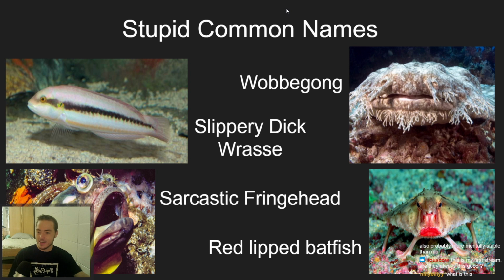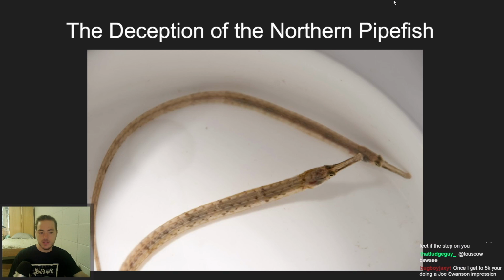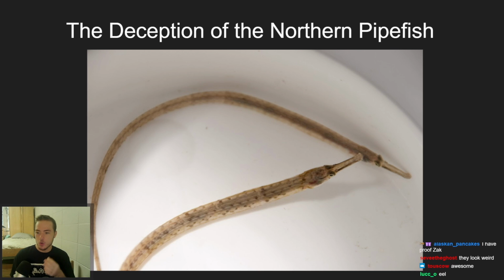The last thing, and I think the thing that you guys will find the most interesting about using common names rather than scientific names, is you can't tell what family some fish belong to. This is a fish that I caught. This is not a photo of the one that I caught, but I caught it off the coast of New Jersey just on Friday. It's called a northern pipefish. They're a cool, elongated fish with armor. And you might think, wow, that's cool. That's a northern pipefish. Just because you hear northern pipefish.